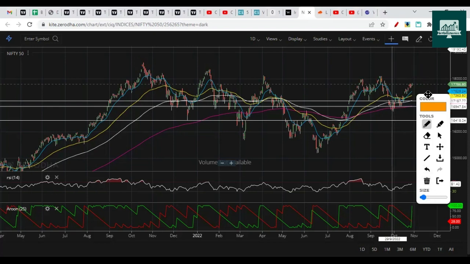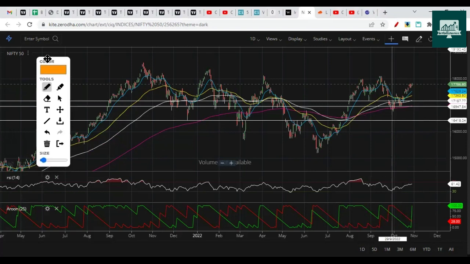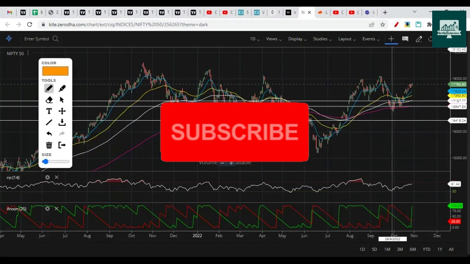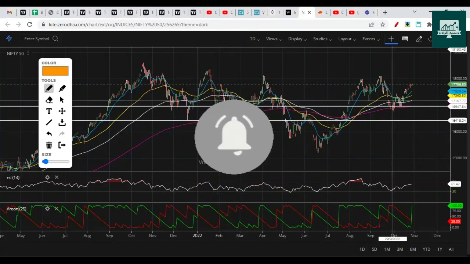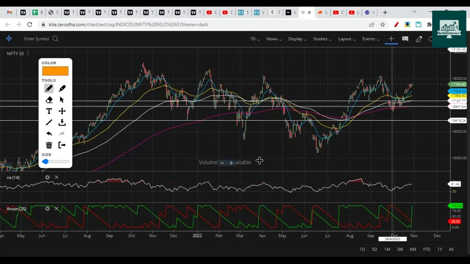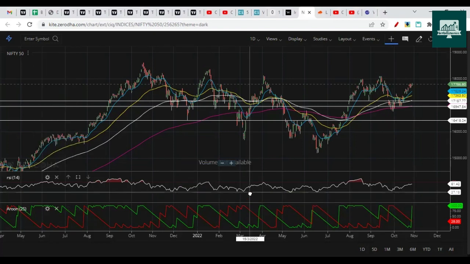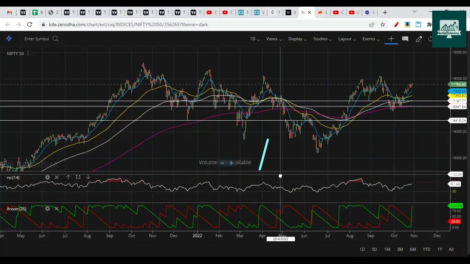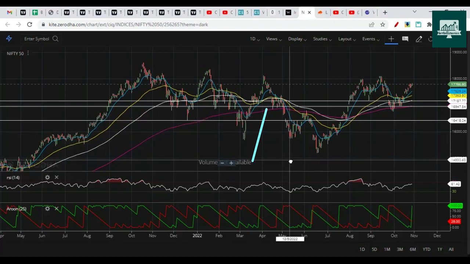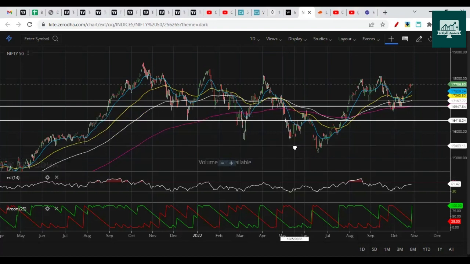So in this video, we are going to analyze Nifty for the next session as well as for the next entire week. This analysis is pretty complex as we are going to discuss three methods. We are doing this complex analysis for the sake of finding the swings pending for the upside or for the downside. So in this video we'll discuss indicators and price action, then we'll discuss Elliott Wave, and after that we'll discuss the option chain. Before we discuss all those, let's understand the previous week's analysis.